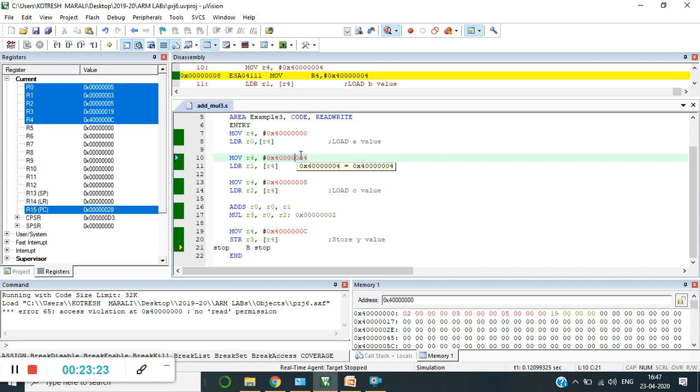In the next example, I'll take up one more example. As we saw in one of the cases, we tried to move a block of data from one memory location to another. Now in the next video we will watch how to transfer or copy characters from one source memory location to a destination memory location.